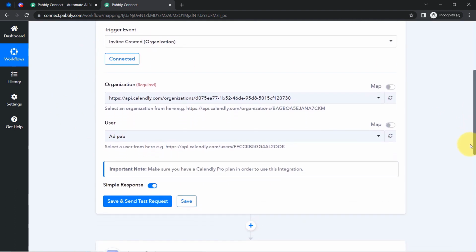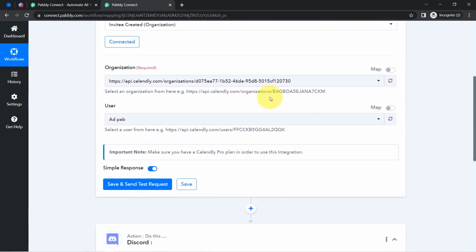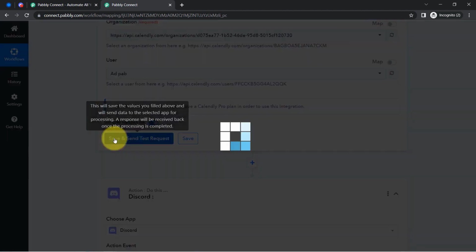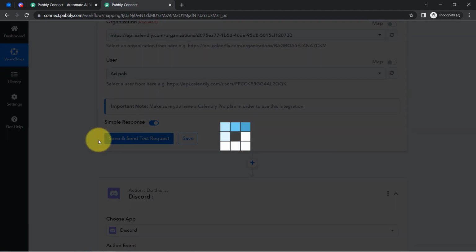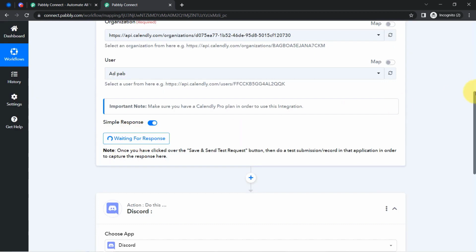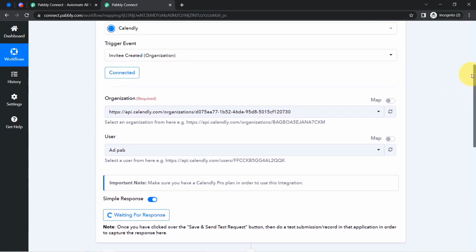And as soon as you connect your Calendly account, the organization link will be added here automatically, and it will also show you the number of users. Basically whatever users you have in your Calendly account, that will be visible here. Now you will have to click on this button, that is save and send test request, and then you will notice that it will start waiting for the response. Okay, alright, so it is waiting for the response, which means it is actually waiting for the new invitee creation